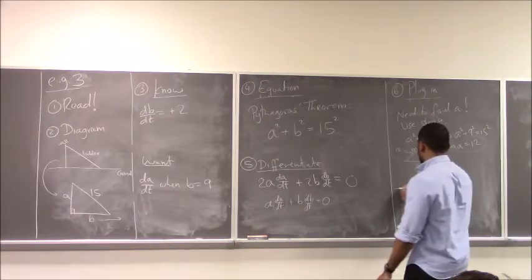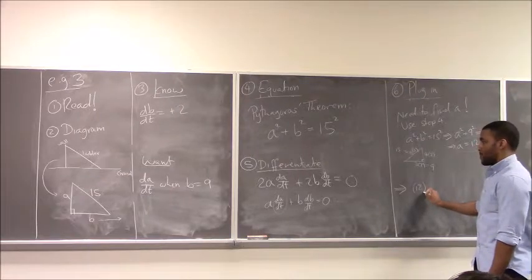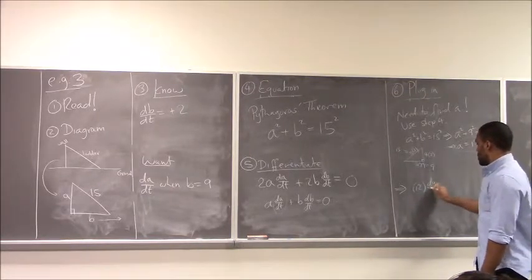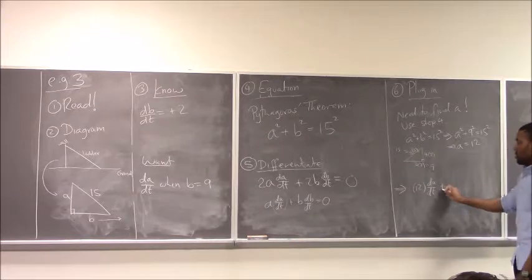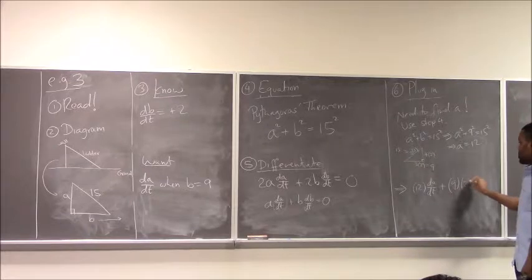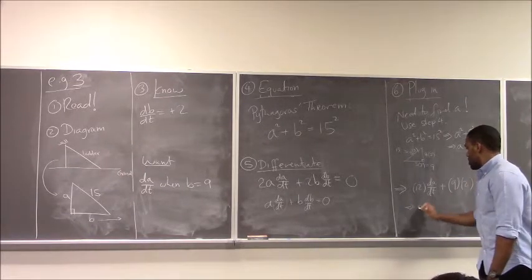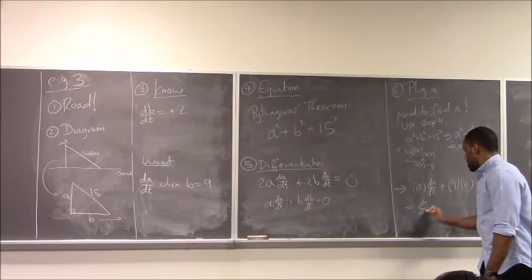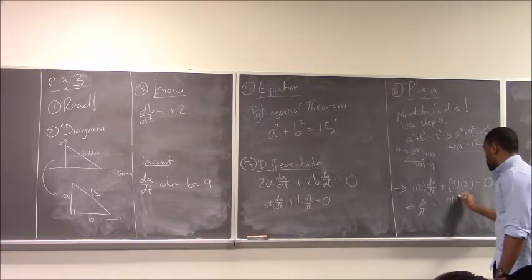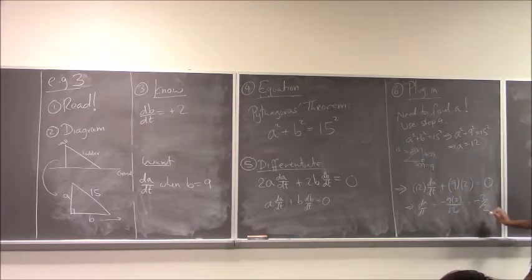And so now, we can plug in. a is 12. dA dt, I don't know. b is 9. dB dt is 2. So this means dA dt is equal to minus 9 times 2 over 12. Two into this goes 6. Three into that goes 2. So that's minus 3 over 2